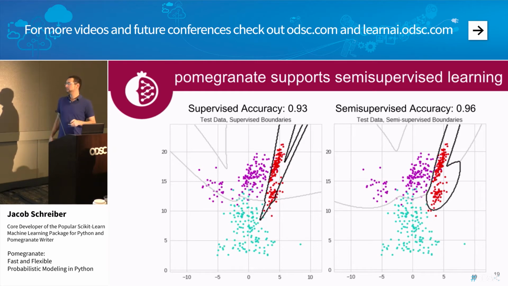So on the left-hand side, we have the model that we would have learned if we had only used the labeled data. On the right-hand side, we have the model that was learned using semi-supervised learning on all of the data. You can see that in addition to getting better accuracy, we're learning decision boundaries that seem more reasonable. Here, the decision boundaries seem very sharp and kind of weird, whereas here they're very smooth. These smoother decision boundaries are easier for us to believe and more likely correspond to real phenomena.